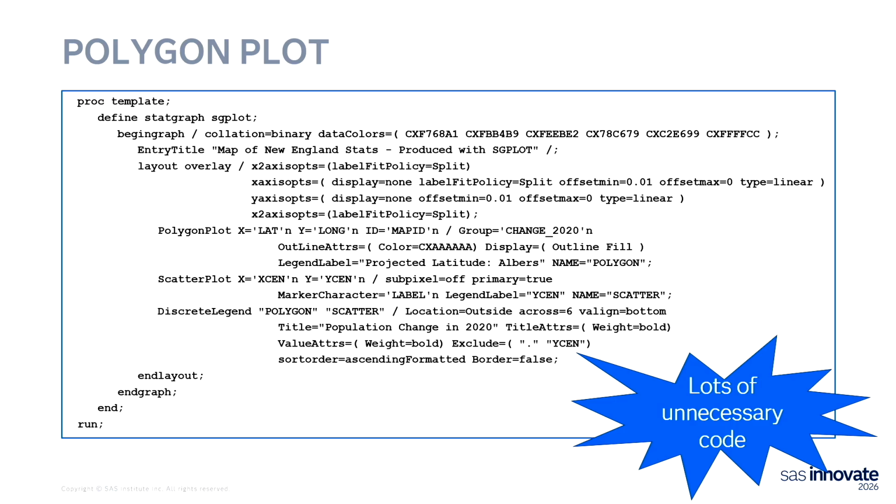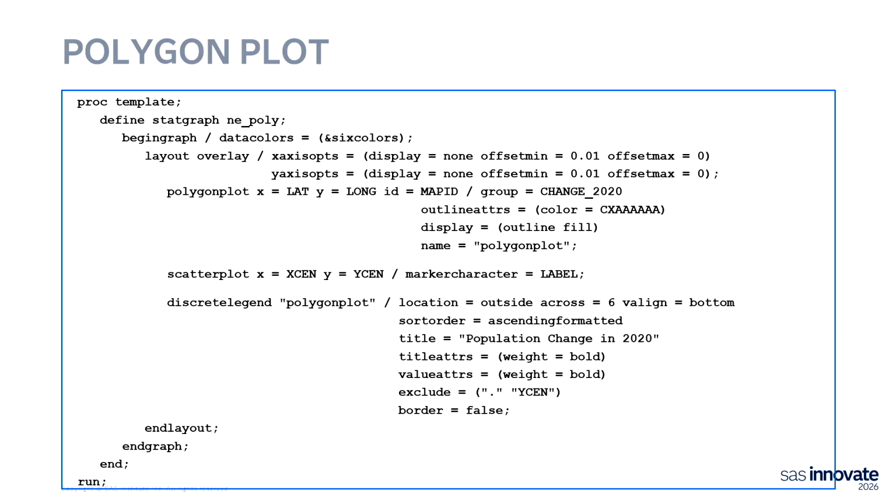that can be removed to make the program more readable. This is a more complex map, so there are some new commands, such as the polygon plot statement, which has its own set of subcommands, such as outline, attrs, etc., that control the state outlines. And we'll see in the scatter plot information about tips. This is for tool tips. When you mouse over a state, you will get a pop-up with information that can be controlled programmatically.